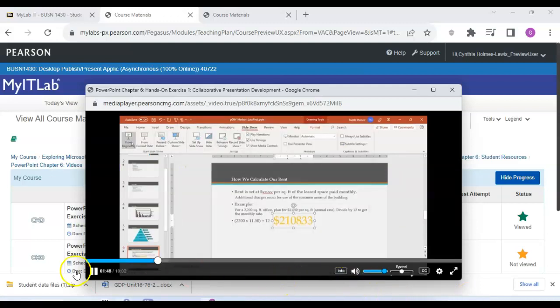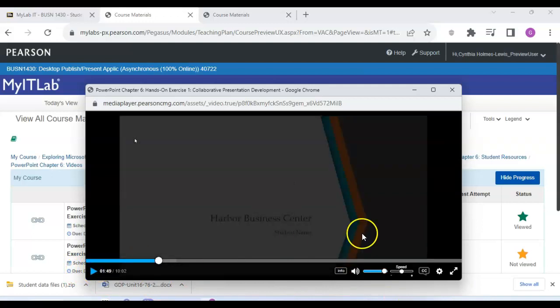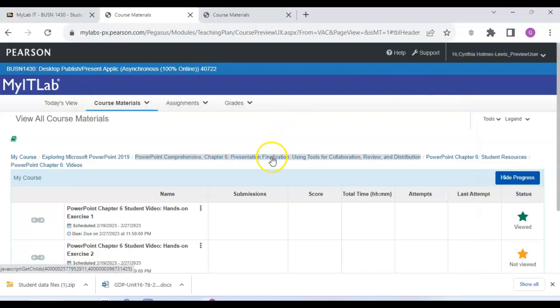Okay, so that's a little snippet of collaborating presentation that you can take your time, read over it, and listen to as well. So I can go back